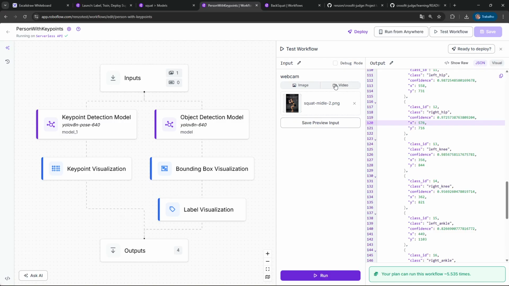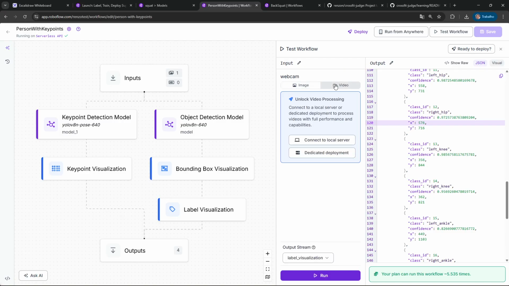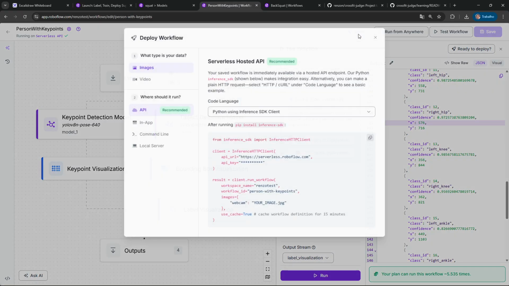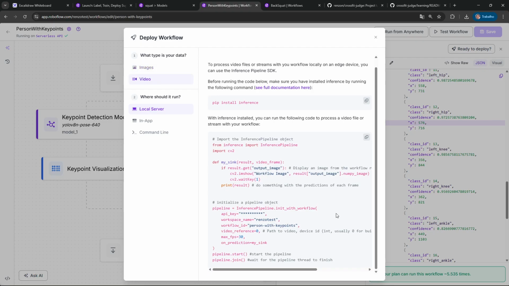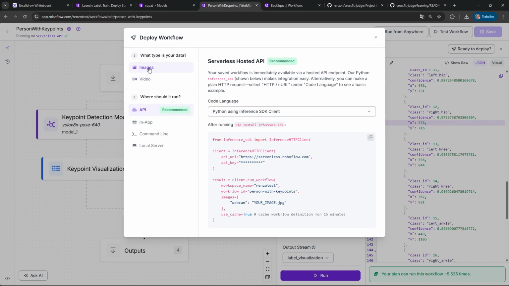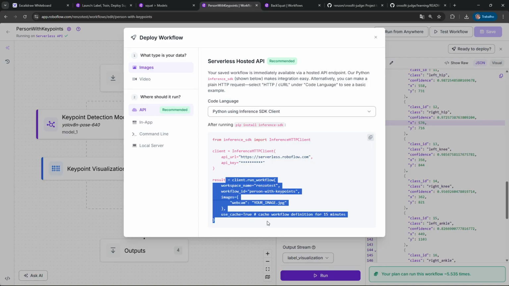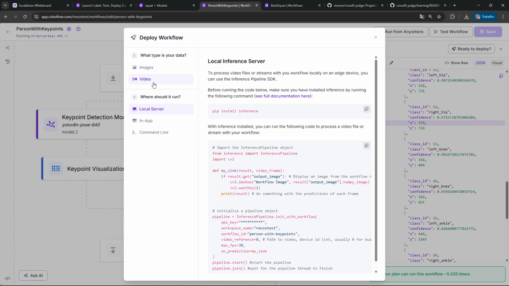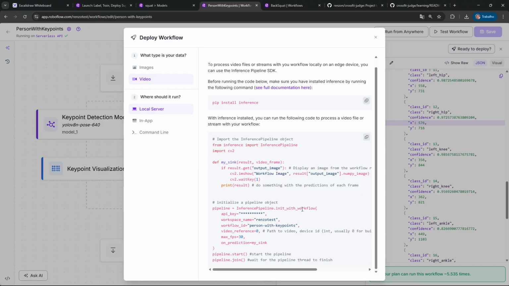So I have gone here on video. Oh, sorry, in fact, on deploying. And I checked that for video, you have a different code so you can run a pipeline. Because for an image, you can only send the image and that's fine. You have a result if it's only a static image that you can save. But for videos, you are going to send a lot of frames, right?